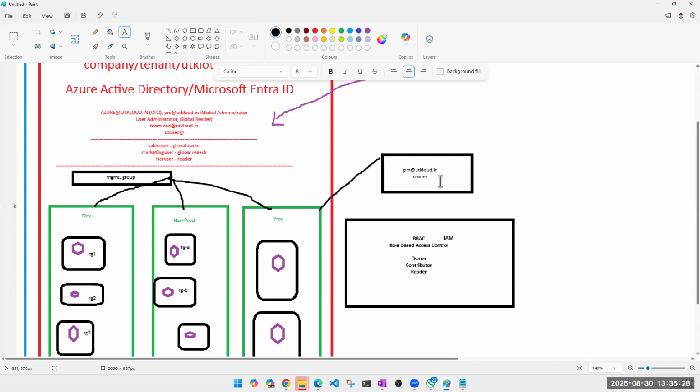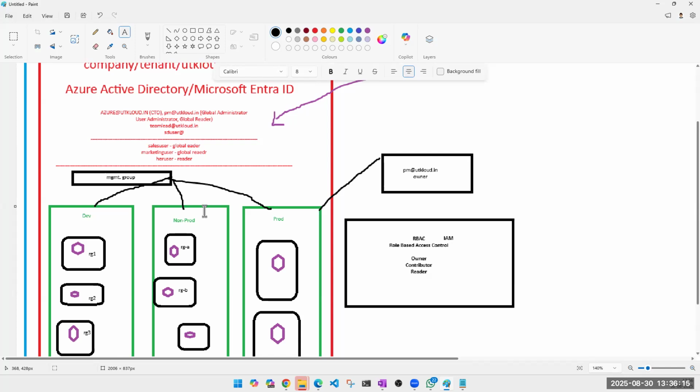Management group is one of the services in Azure, or we can say it is a feature to give access on multiple subscriptions. They may ask you, do you know anything about management groups? Or they may ask you that I have 10 subscriptions and I have 10 users. I want all these 10 users to be owner on those 10 subscriptions. How are you planning to give access? So instead of going individually, you can say we can create one management group, add all these subscriptions, and give access on that management group.